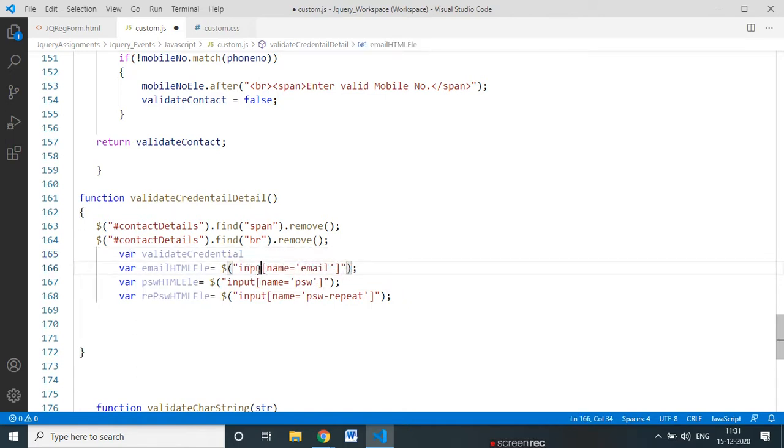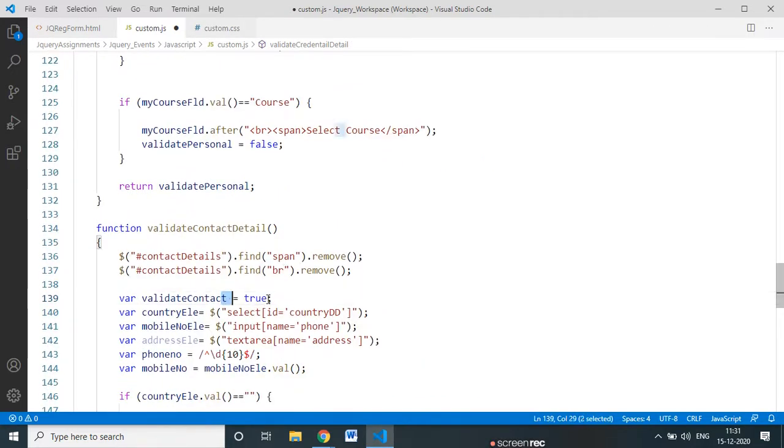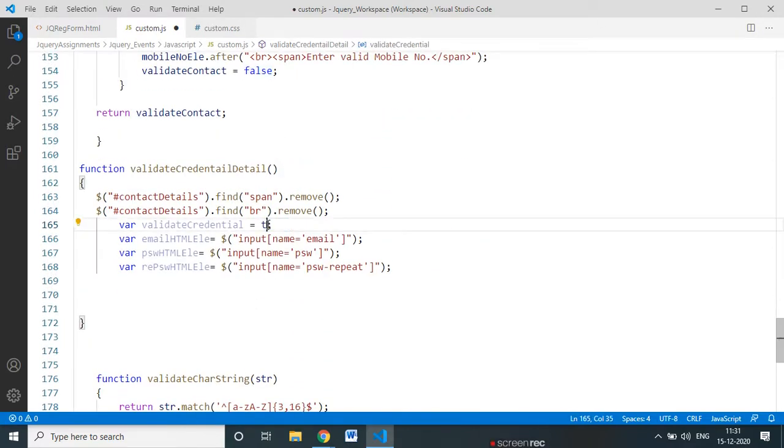Good. If you understand the things, then you know what errors I'm making. So validate credential, I'll set true. Sorry, initially I'll set false. I'll just check. Initially it needs to be set true. I'm taking the reference of earlier sections. Now I'm saying true. Now validate credential is true.